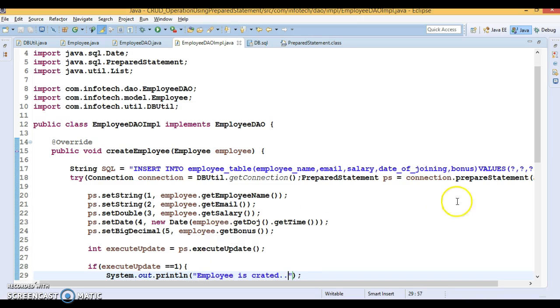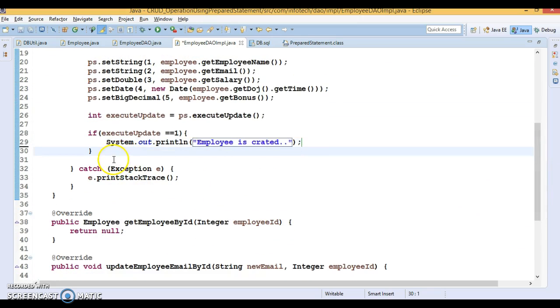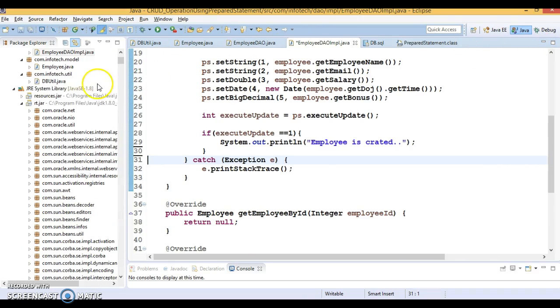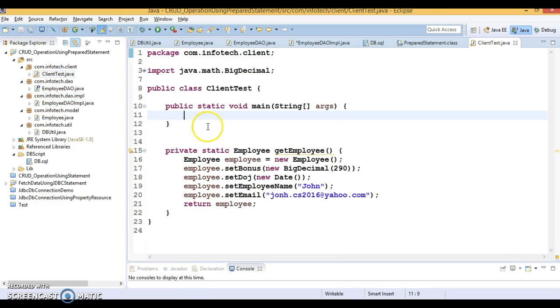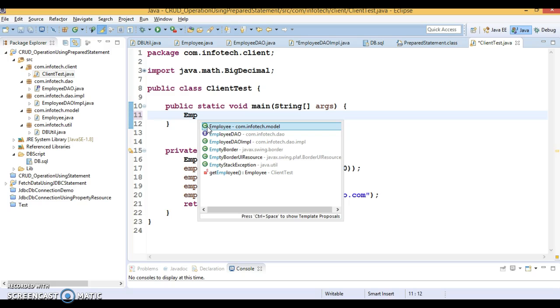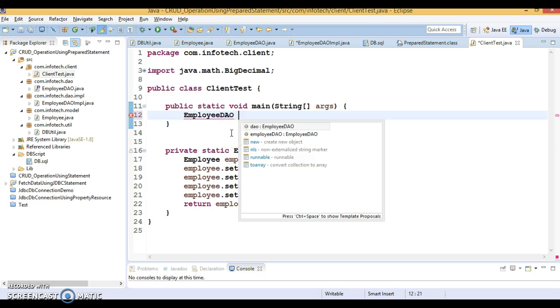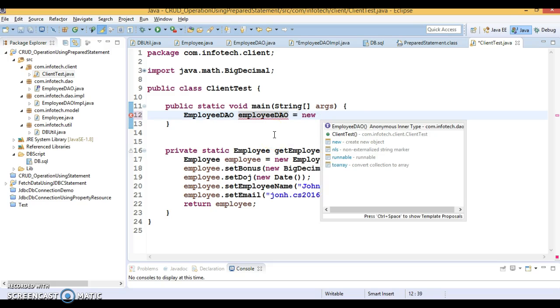Okay, so almost this API we have completed. Let's try to run it and see how it is working. Now I go to the client program. Over here we have a client program. Here I want to call employee dot, it's an interface. You cannot create an object of an interface, but you can create a reference of it, and you can assign the object of its implementer, right? So we have an employee